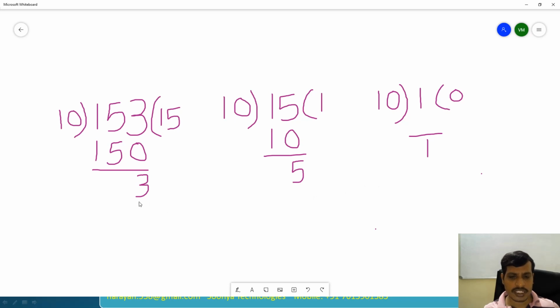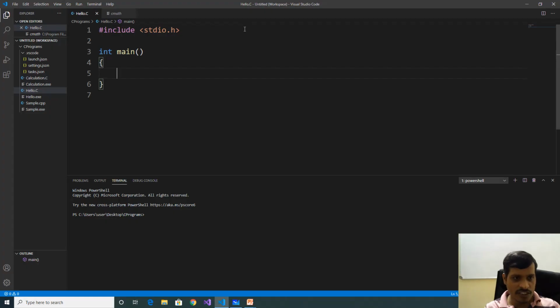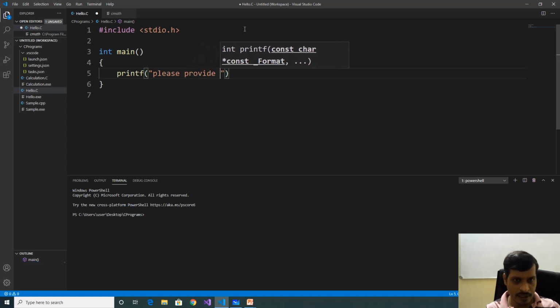Now we need to cube these individual digits, then we will get the Armstrong number. We will discuss this logic over VS Code. Launch VS Code and create a C application. First step is to read input from the command prompt: printf, please provide input number. Declare a variable to store the input value, int input,